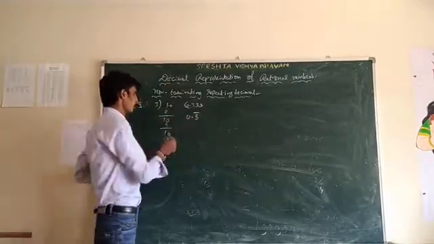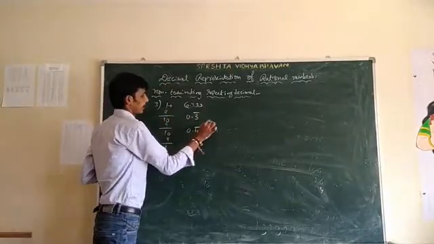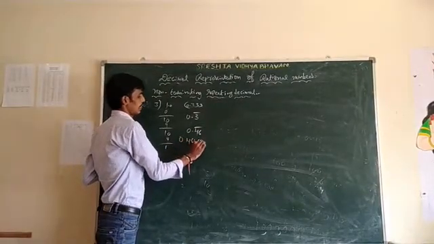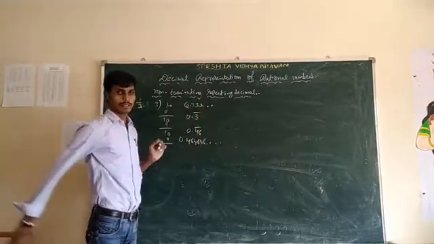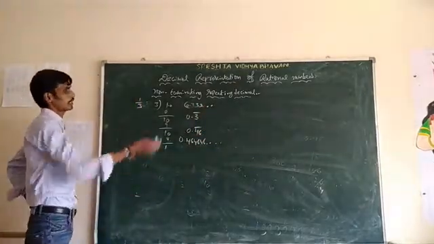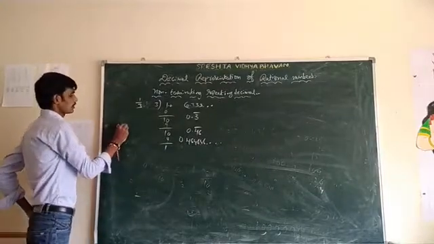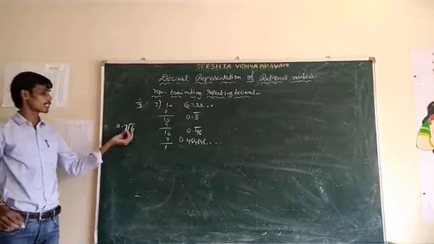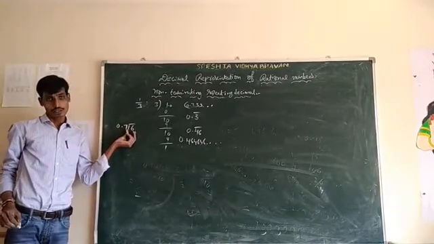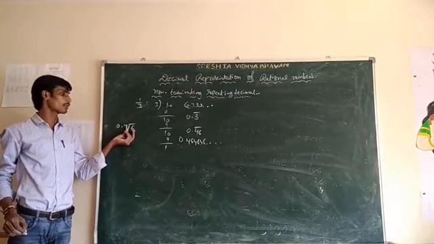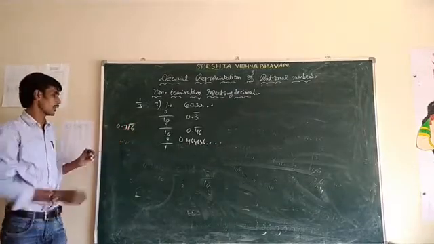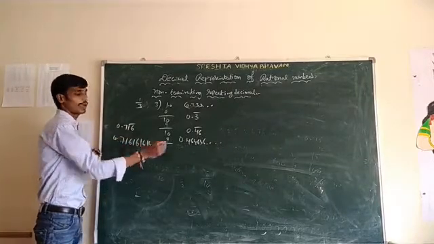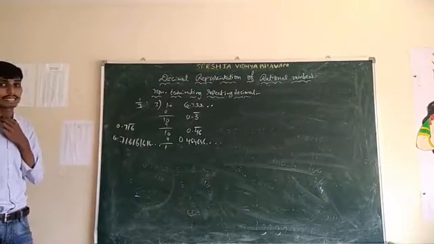For example, take 0.46 bar. 0.46 bar means it represents 0.464646 and so on. Suppose we take another non-terminating decimal like 0.716 bar. Here the bar represents 16 only. So the bar represents the repeating decimals. That means 0.716, 16, 16, 16, and so on. So this is about non-terminating repeating decimals.